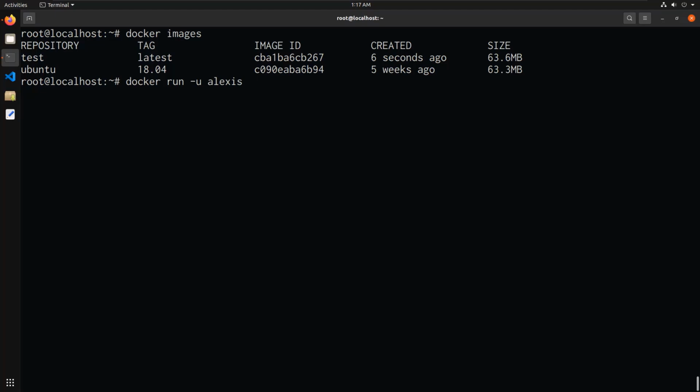So the user is going to be Alexis, and then we specify the other run options. So for example, docker run -u Alexis. We can also just say we're running this and we want it to get deleted, and then we specify the image ID right over here, and we'll put that in, and then say /bin/bash for a terminal session. And there we are. So we're now logged in as the user Alexis. And remember, even if we have the root user added and we haven't disabled it, but we actually can do that, I'll show you how to do that shortly,